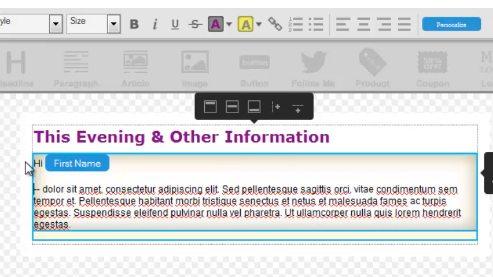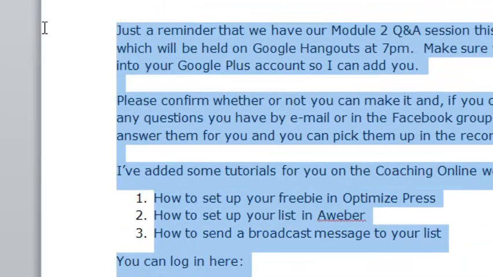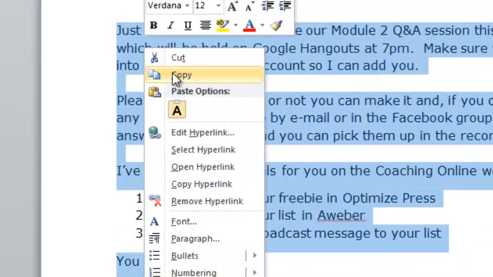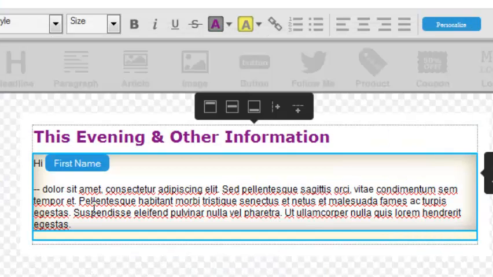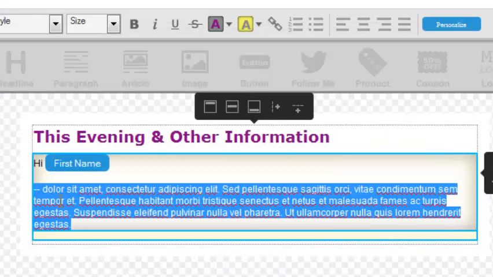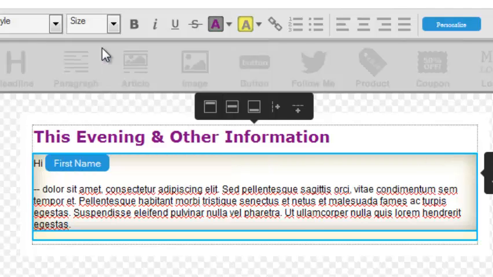So I can just change what's in there so that it says hi first name. And what I've done is I've actually made my email in Word, and I'm going to copy and paste it into Aweber. Now that's a nice shortcut way to make sure all your links are working, because they've already been set up as hyperlinks in Word, and it just copies in really well. So I'm going to paste it over there,